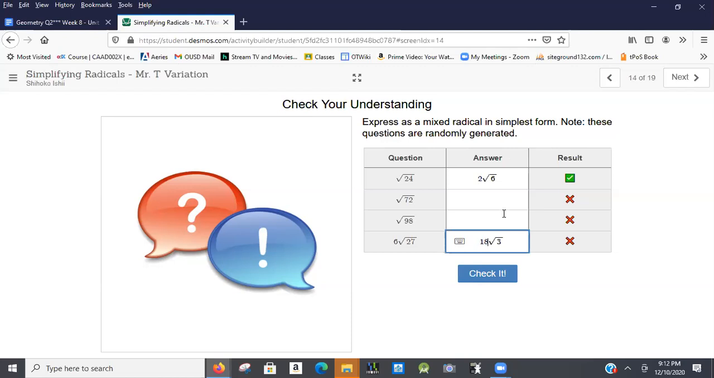And I would challenge you as you do these to actually take a calculator out and say, when I put 6 times the square root of 27 in the calculator, is it the same as 18 times the square root of 3? And it is. They're all going to be the same decimal approximation. All right,